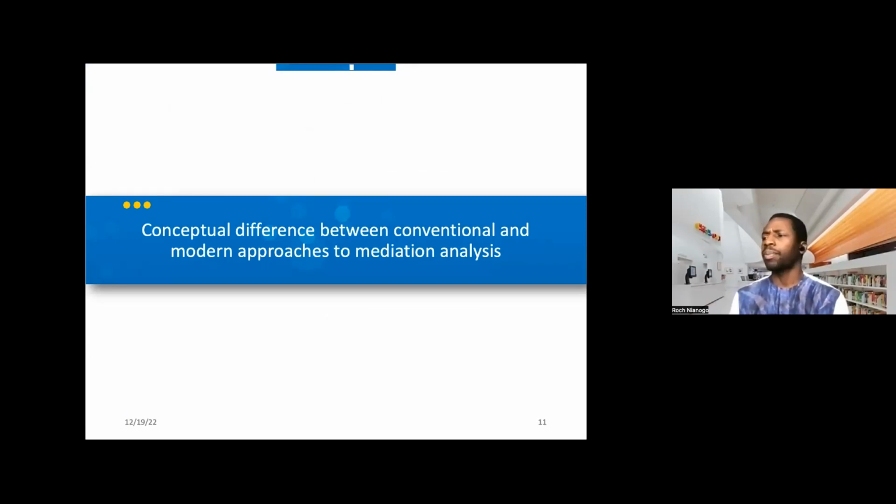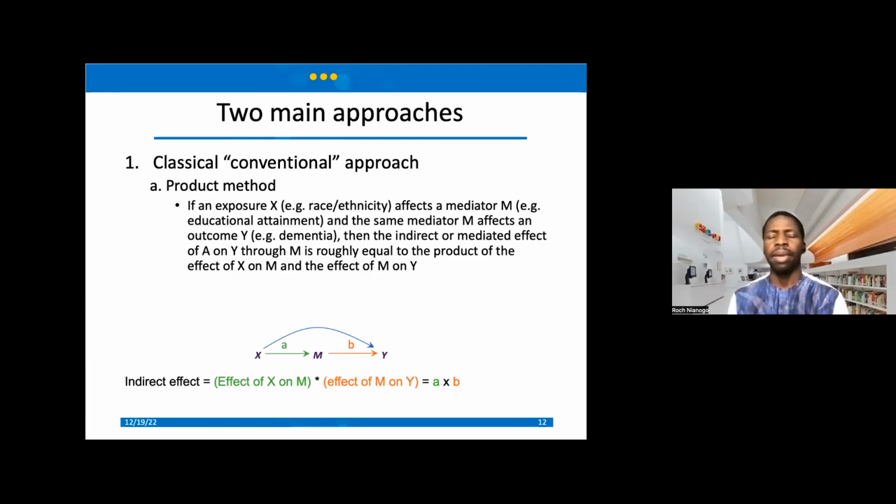Now, the second part, which is still within the first subsection, is that we're going to be talking about the differences between conventional and modern approaches to mediation analysis. I think about a month ago, we had a wonderful talk by Dr. Tor, I believe, on mediation analysis using different methods: the conventional Baron-Kenny method, structural equation modeling, as well as causal mediation analysis, right? So today we're going to highlight some of them and talk about some of the differences, and I'll zero in later on causal mediation analysis.